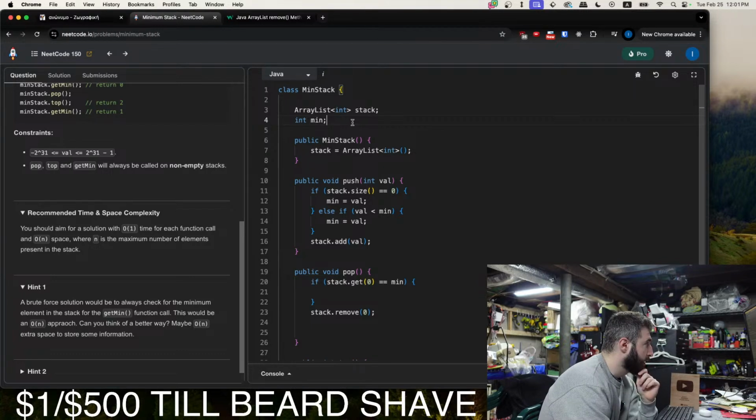If the min element gets popped, then you're screwed. You'd have to recalculate, and that would take O(n).